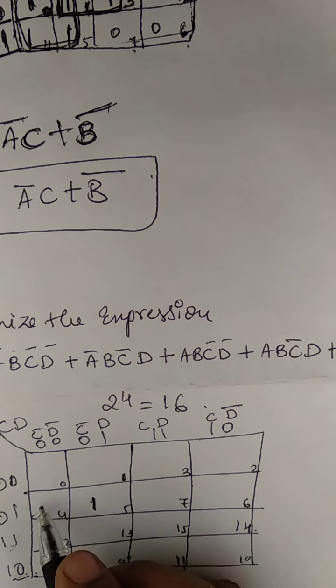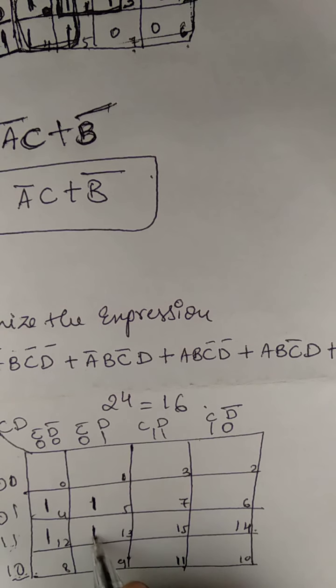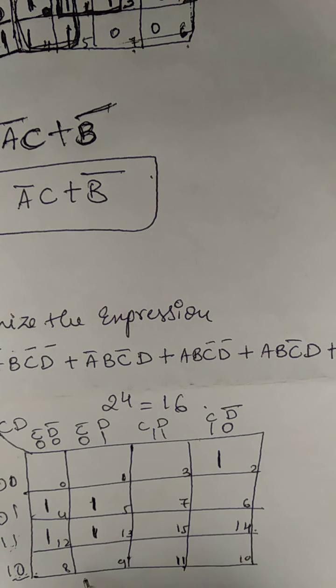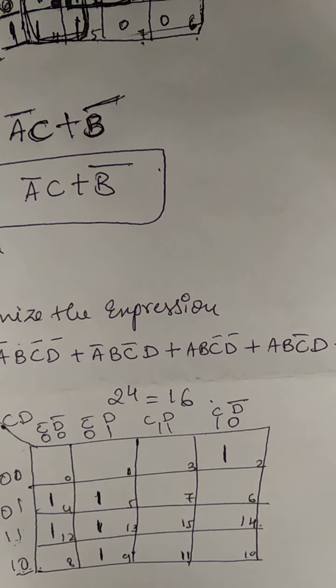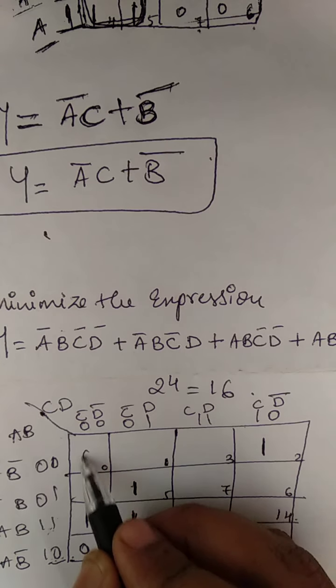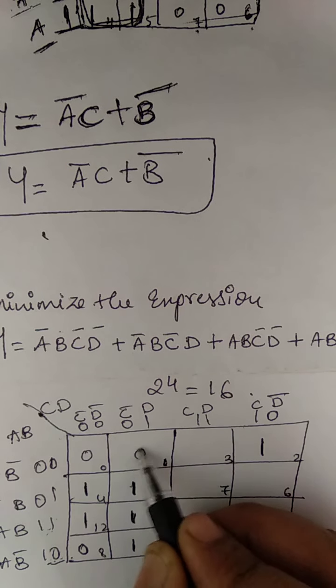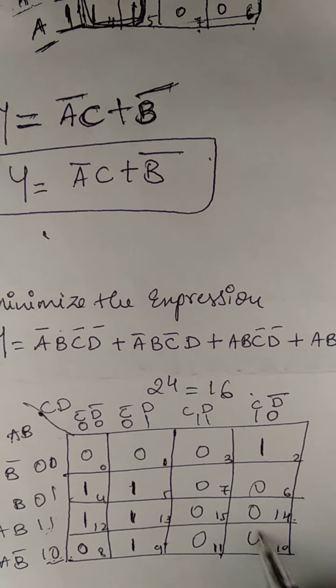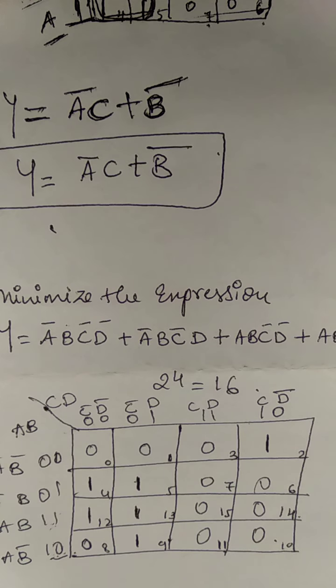So next, whatever the expressions they have given, I'll put the values over there. Okay. So wherever it will come, you put it. Remaining you put it as 0 because you will not get any confusion. 0. So 0, 0. So this is also 0. So next, what you have to do? You have to group the given expression.